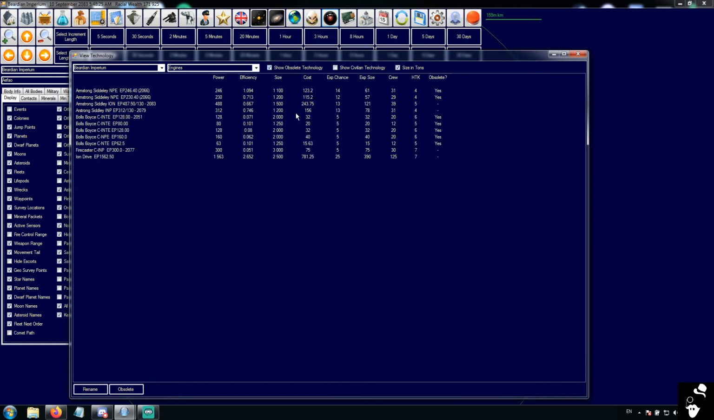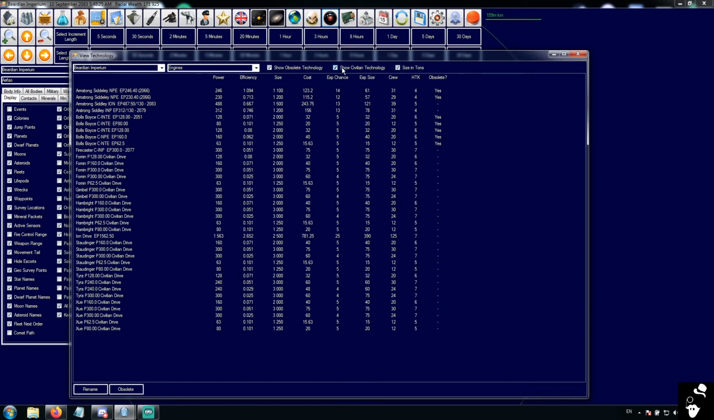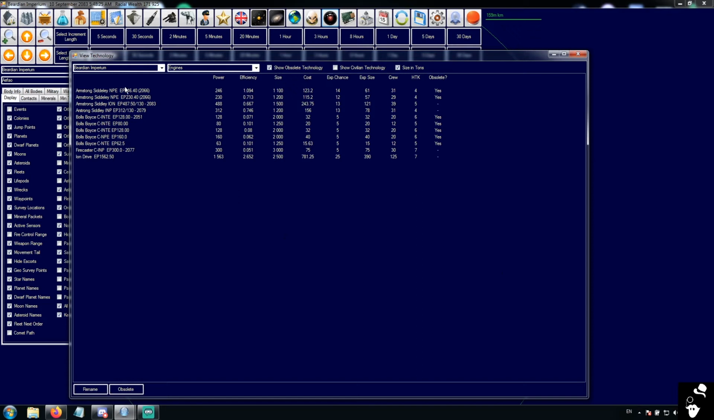You can see your size in tons over here, or you can put them in hull size. And you can also show your civilian technology. So you can see that we have a lot of civilian engines that various trade groups have actually invented. All right, so